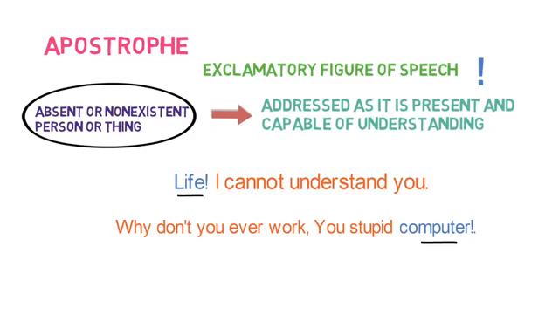Let's look into one more example of hyperbole to make things even clearer. Blow winds blow. Here we are talking to the wind as if it is a living object and it is capable of understanding us. Here also you can notice the exclamation mark after blow. So these are the examples. Let's look into the next type of figure of speech.